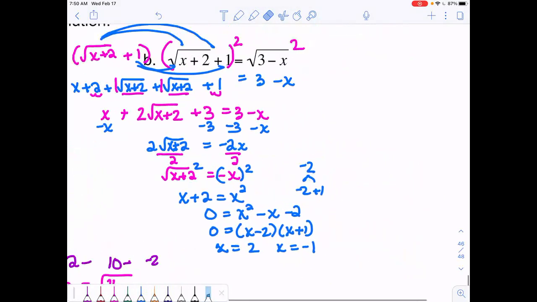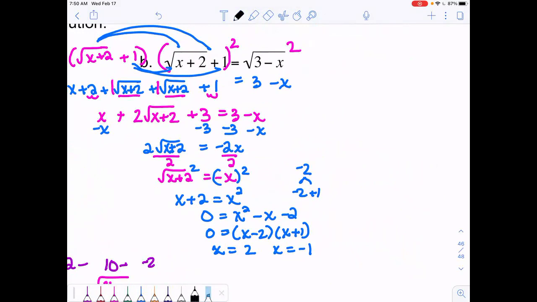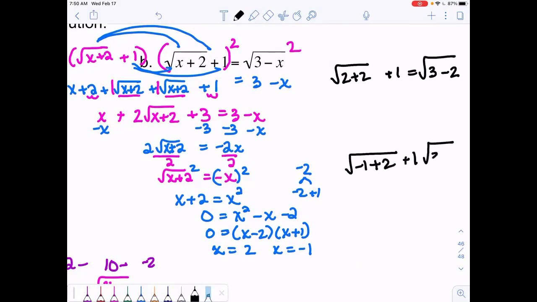So doing a quick check step here, going back to the original problem and plugging this in. We have the square root, 2 plus 2, and then plus 1. 3 minus 2. Negative 1 plus 2. And then 3 minus a negative 1. And I can see 2 plus 1 is 3. It does not equal 1. So I'm going to cross off